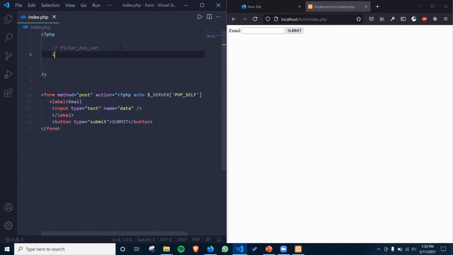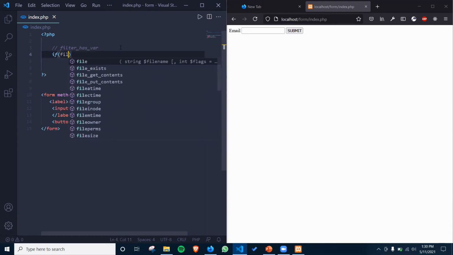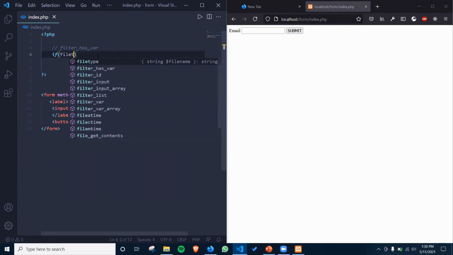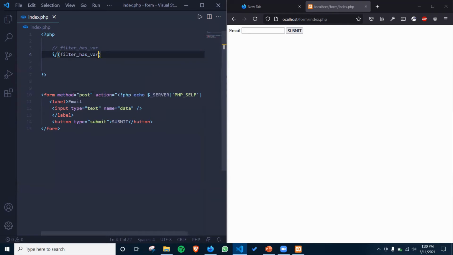Okay, so let's write here if filter. So filter has var. So what does this filter has var function do? So this basically checks that the input data is present or not. So for this case, let's check this filter as var and right here input